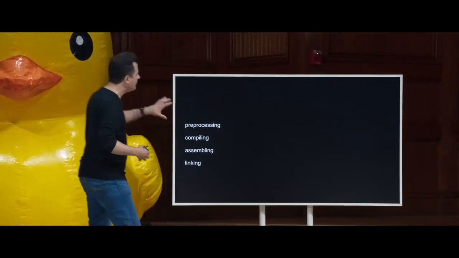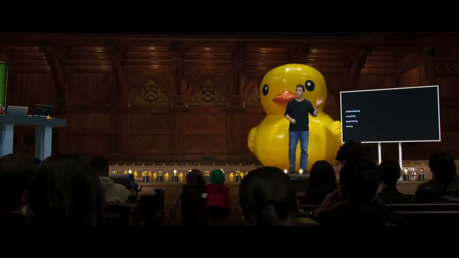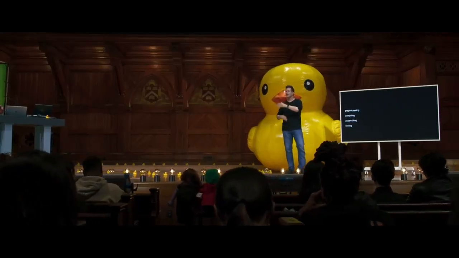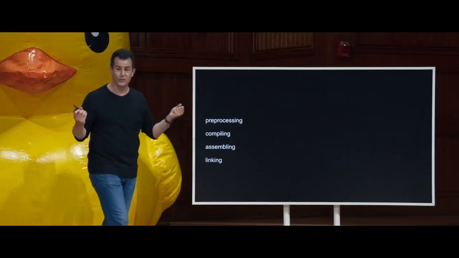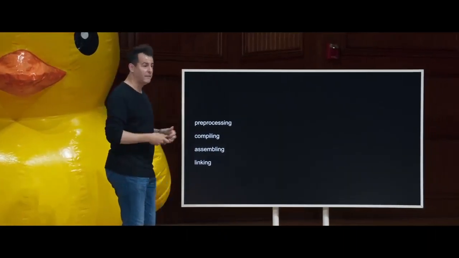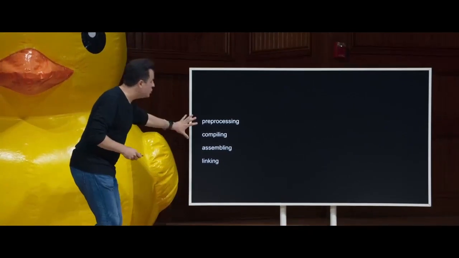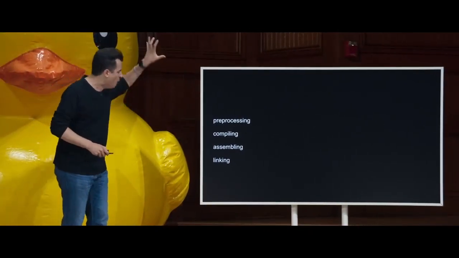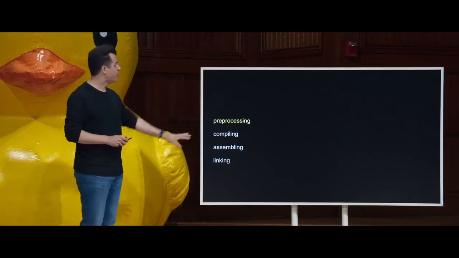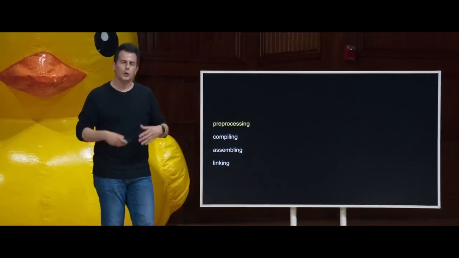But through an understanding of these 4 steps today, you'll hopefully better understand how to troubleshoot issues like that and just know what's happening, because it's not, in fact, magic. It's just the result of years of humans developing these 4 steps here. So when you run make, or in turn, when you run clang, 4 different things are happening. And the first one is called pre-processing. So what is this all about?